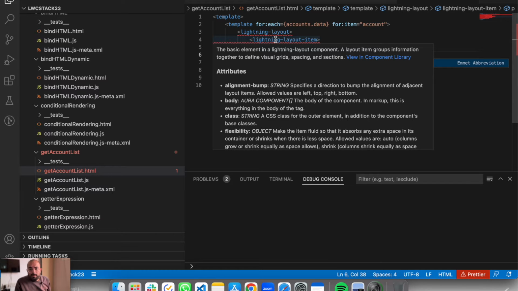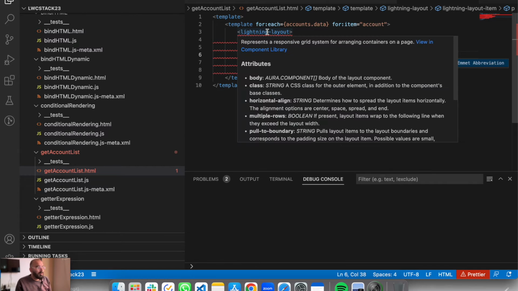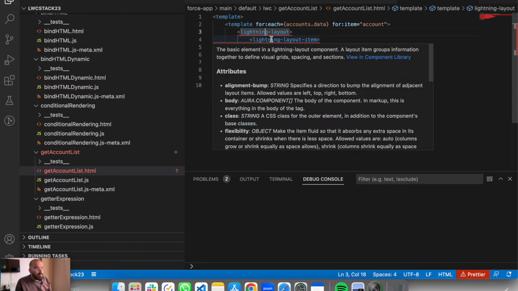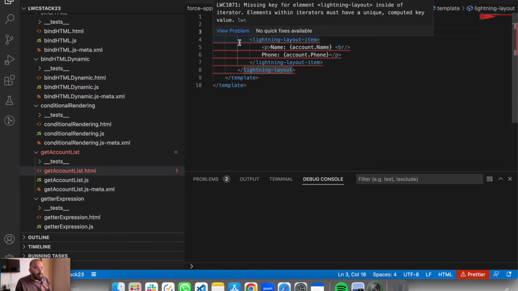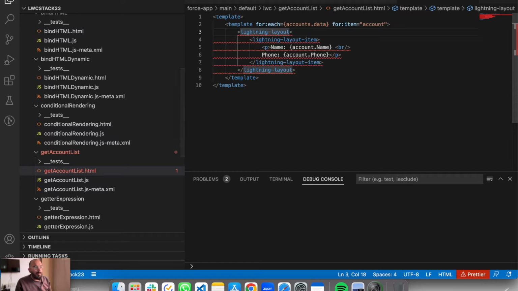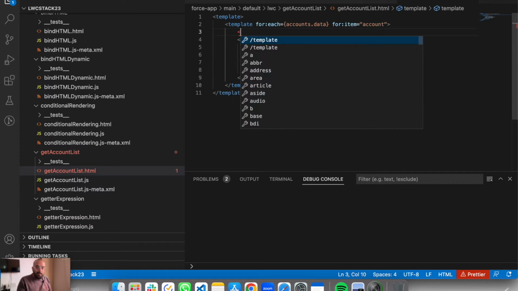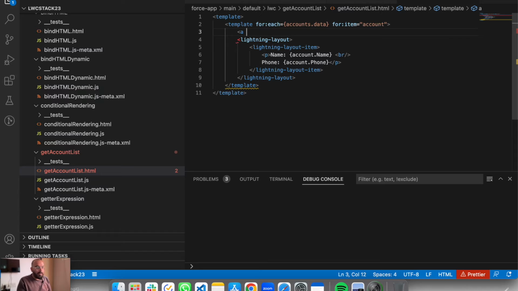So it says spacing and sections, the basic element in the lightning layout component. Okay, so this lightning layout is closing here, then lightning layout item is here. So in a loop we need a unique key, I would say, or maybe you can have it as an ID as well. So here what we can do is simply add an anchor tag here,